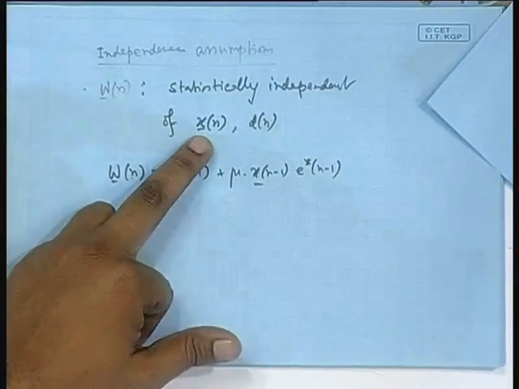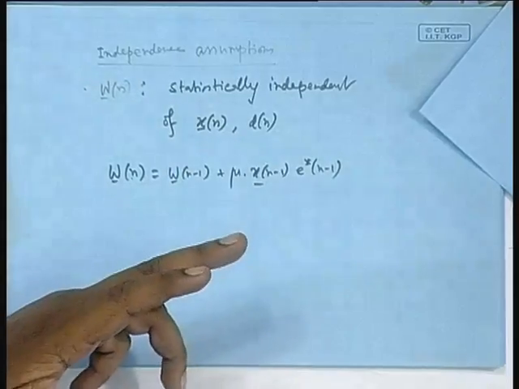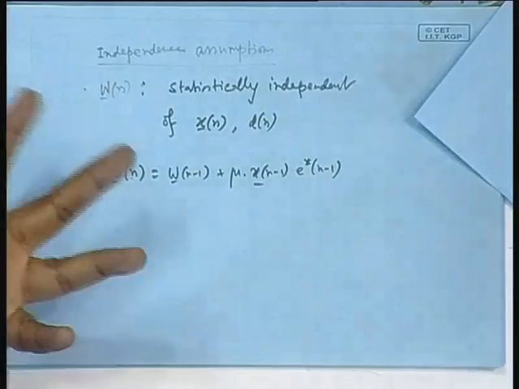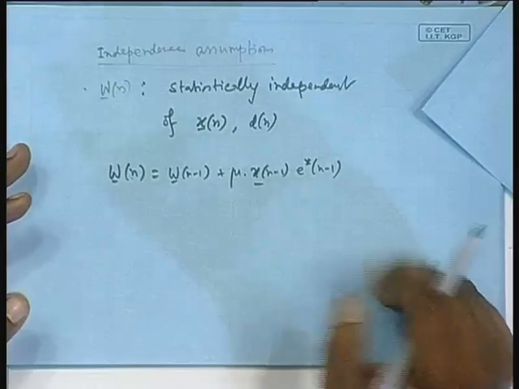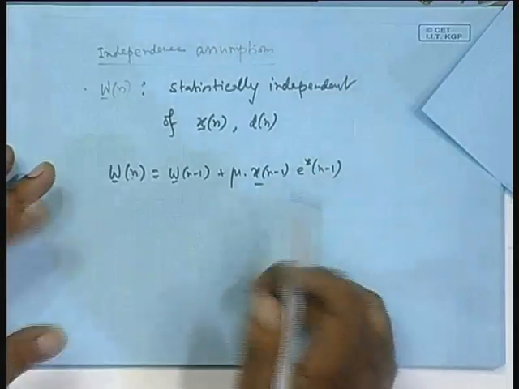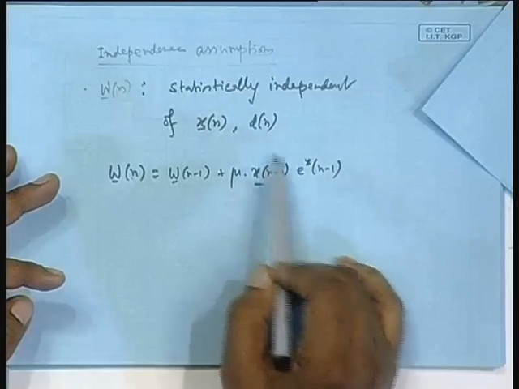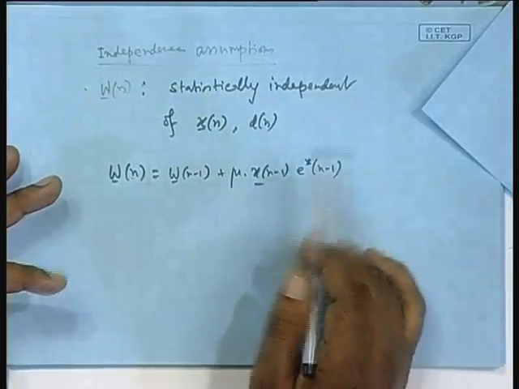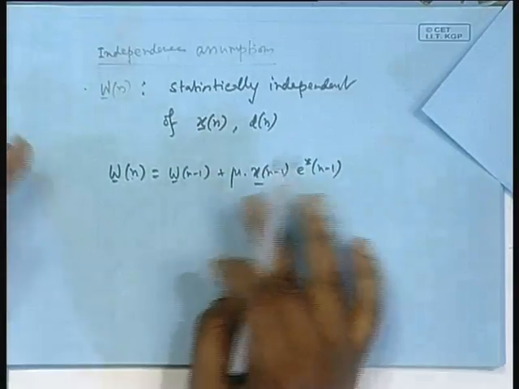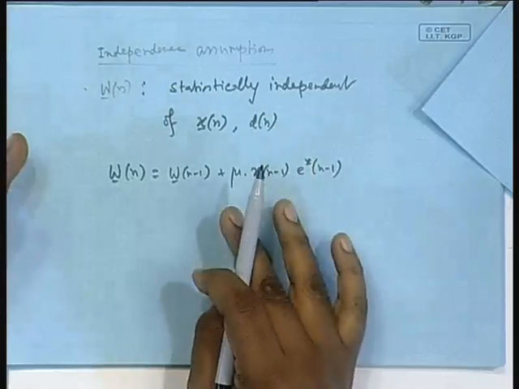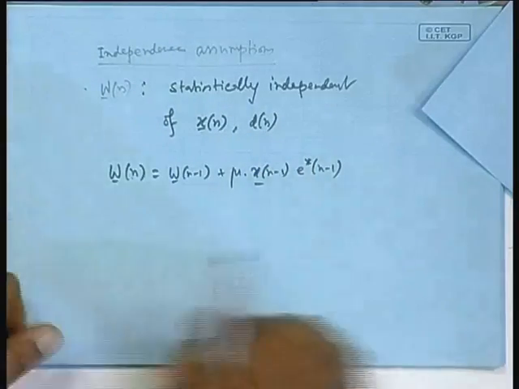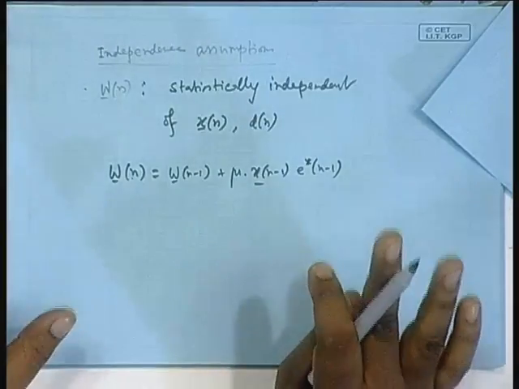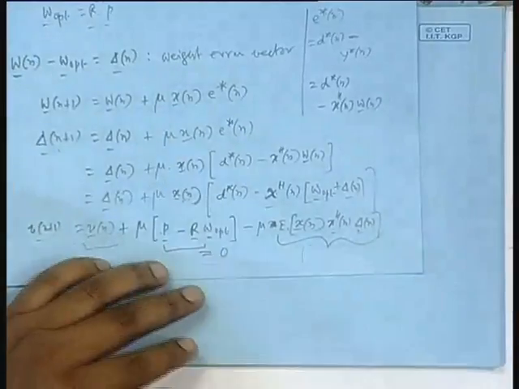So, at that time I will need independence of W n not only vis a vis x n, but also vis a vis d n. For those analyses they have used it and it works. I am sorry, but this is how it is. If you see this book by Farhang, he says that because mu is usually small and the error is small, and this is a product of small quantities, its contribution in the overall thing is less. So, that lowers the presence of correlation, all that they say. But anyway, the fact is that this is an assumption they make, otherwise you cannot proceed, because what will you do after this?